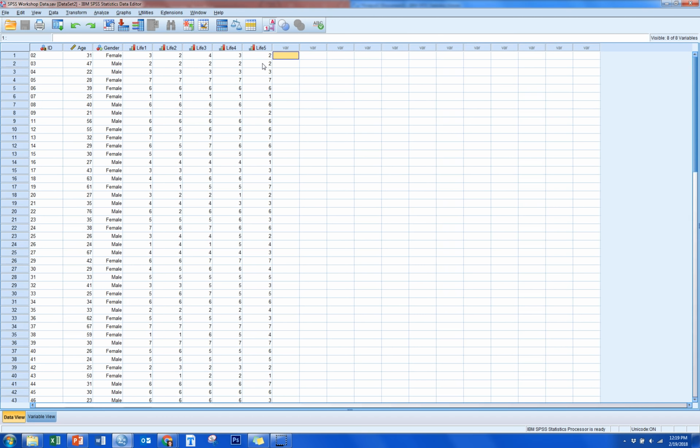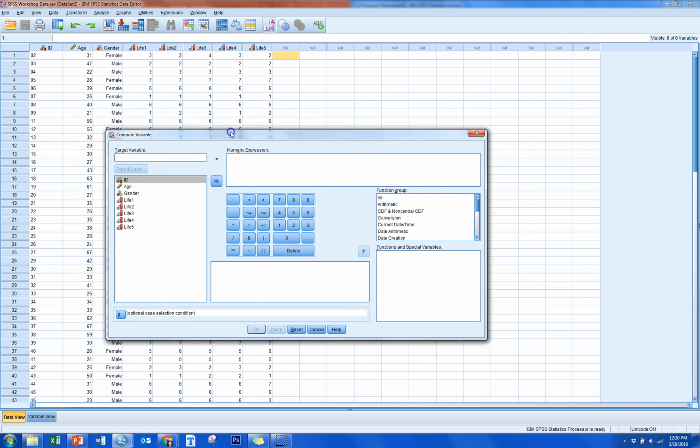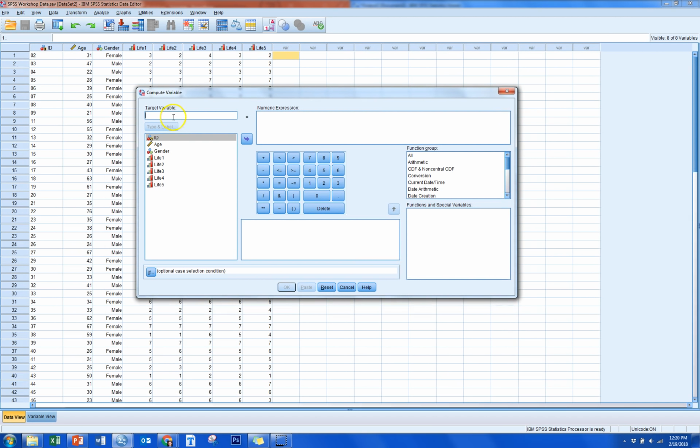So how do we do that? To do that, we go to Transform, Compute Variable. So up to the menu, Transform, Compute Variable. We're going to be computing or calculating a brand new variable that's not in the data set yet, but we're going to use ones that are. So target variable, this is going to be the name of the new variable. We're going to name it, let's call it life underscore